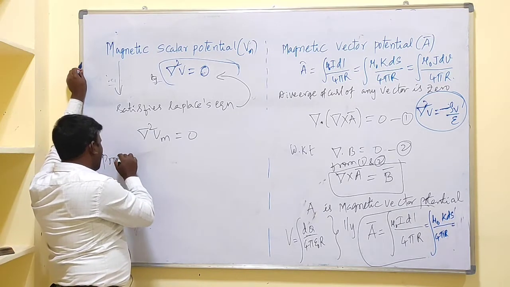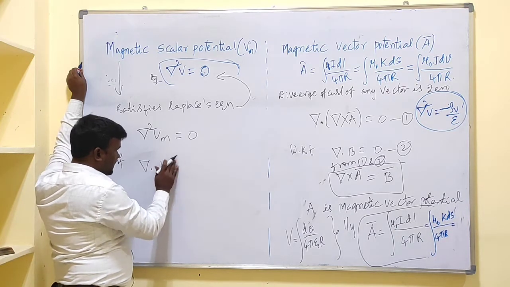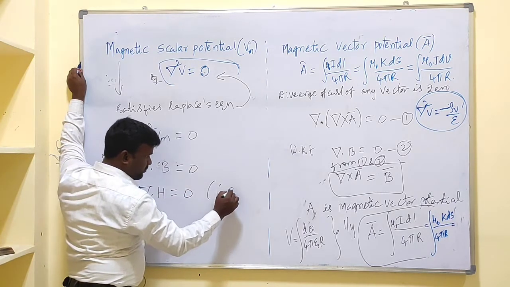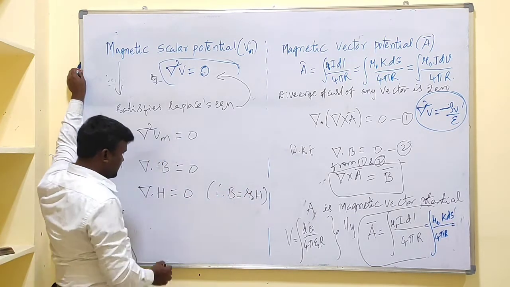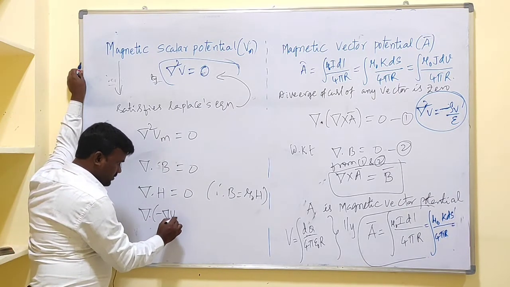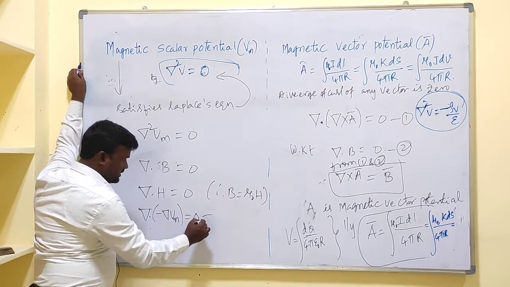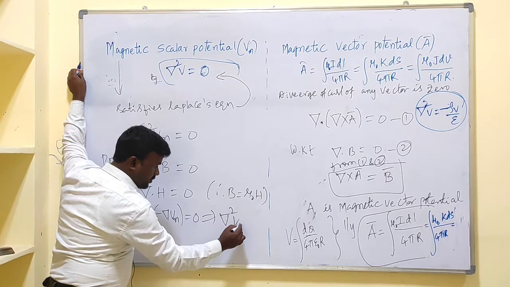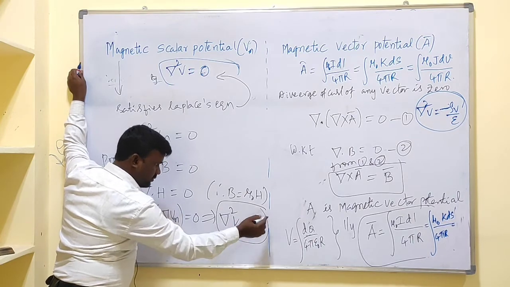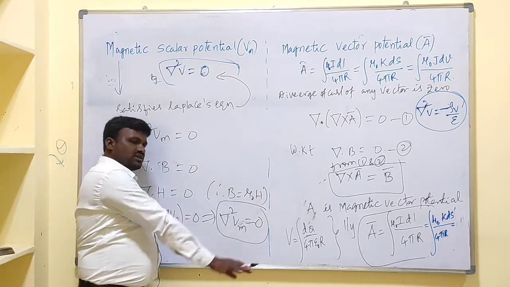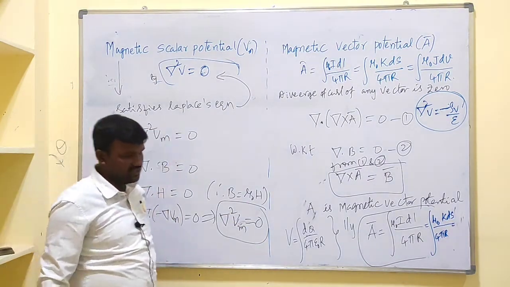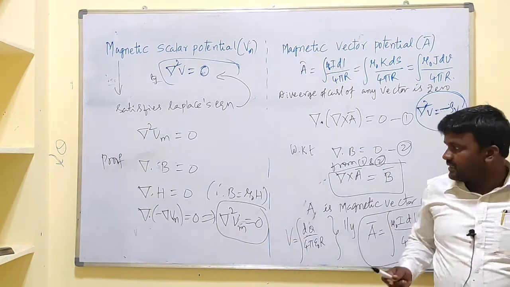Proof. Let us go for del dot B equal to 0. Del dot H equal to 0, since B equal to mu naught into H, and mu naught is constant. We can write del dot H in terms of our scalar potential, that is del dot del is del square Vm, multiplied with minus 0. There is no sign for 0, it is not negative or positive, so del square Vm equal to 0. This is the Laplace equation for our magnetic scalar potential.